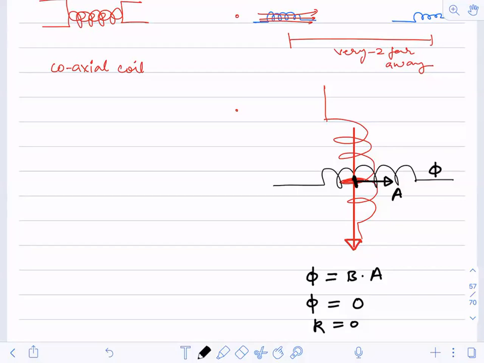Combination of inductors, is it there in your syllabus? Okay, fine. It will take 5 to 10 minutes. Okay, I'll just try to brief it up. Combination of inductors, if you want. I don't think so. It is for NEET students. It is not given in NCERT also.